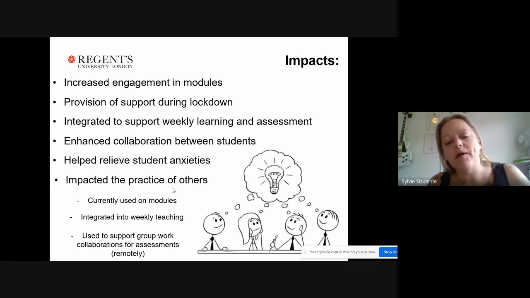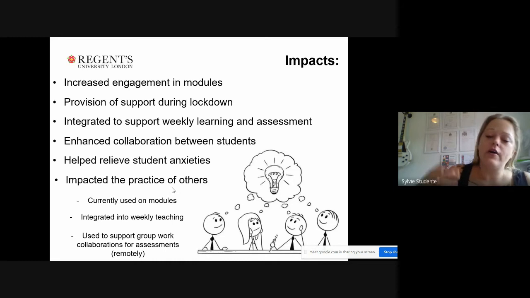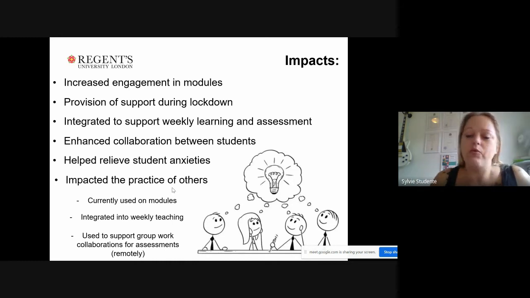It also impacted the practice of others because other module leaders and programme directors at the university were also using the chatbot. So we've been currently using this on modules, looking to use it again this term, along with Lars. Again, looking to keep it integrated into weekly teaching. That seemed to be very beneficial to students, and continuing to use it for group work collaborations, particularly when students